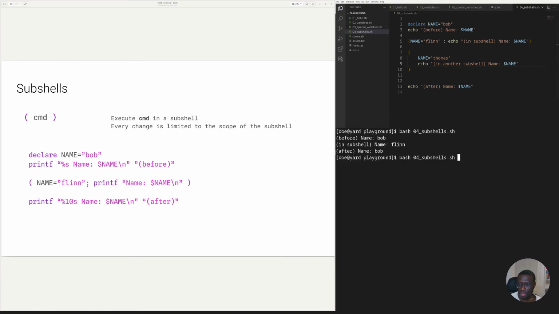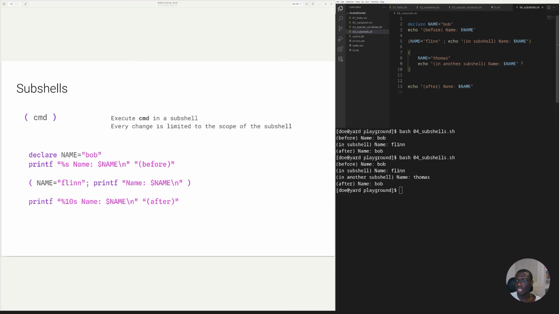Yeah, and then execute it. And then clean here in this subshell is Thomas, but in the end, it does not affect the global scope. Yeah, so those are what subshells are practical for. You want to execute a set of commands and keep them isolated from the global scope where you want to do some changes, and then afterward, as long as it's in memory, the change will not be persistent out of the